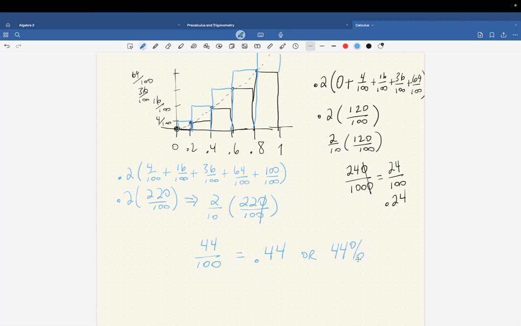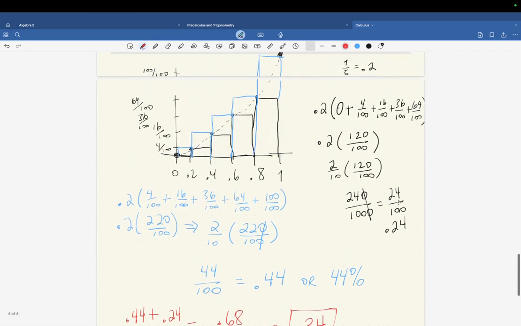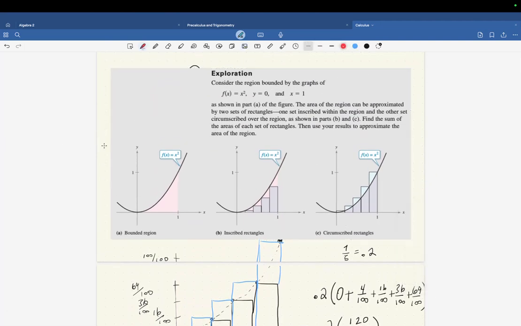So that's pretty cool. There is a difference between these two. If I were going to estimate the actual curve, I might add these two together and divide by 2. And so if I were to do that, 0.44 plus 0.24 divided by 2, it's going to give us 0.68 over 2, or 0.34. So it's not exact, it's an estimate, and we'll discover that these have a name. They're called Riemann sums, and it's a pretty good little exploration there. Kind of fun. So